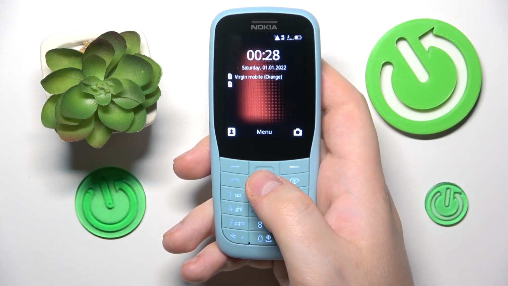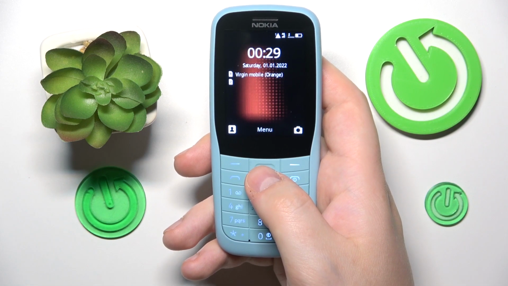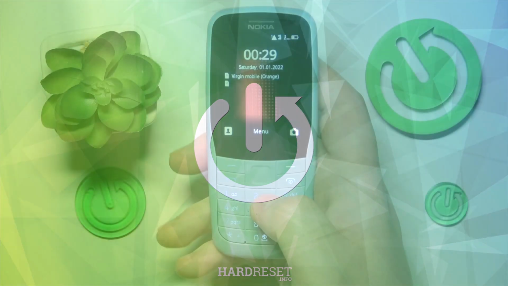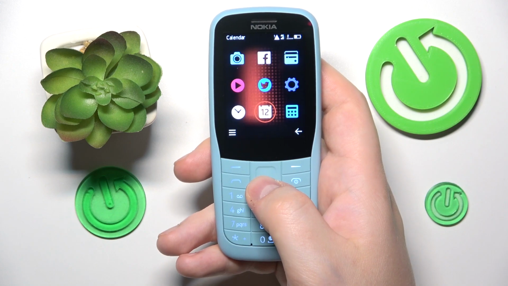This is Nokia 220, and today I will show how you can add an event to calendar on this device. So to start, you will need to open the menu or the list of available apps, then find and launch